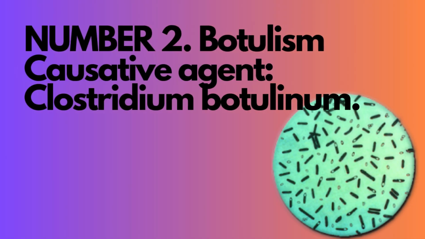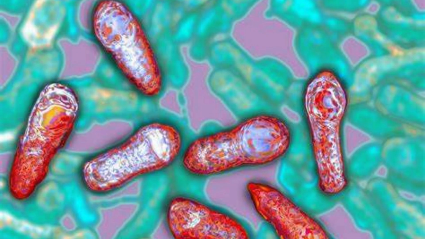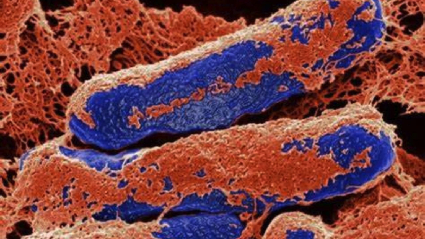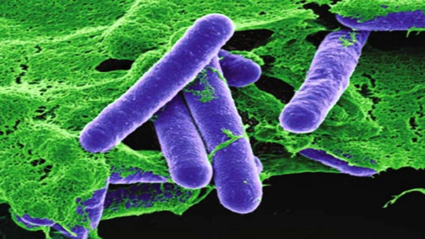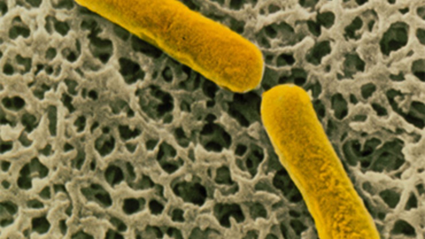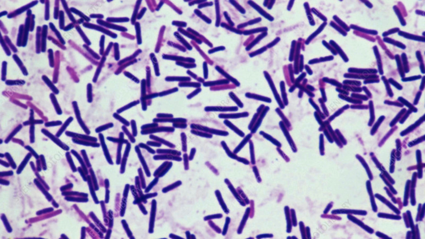Number 2. Botulism. Causative agent, Clostridium botulinum. Botulism is a rare yet extremely fatal bacterial disease caused by the bacterium Clostridium botulinum. Basically, this bacterium produces the substance botulinum, a type of lethal neurotoxin that paralyzes different muscles. Botulism occurs in many types: foodborne, wound, infant, and respiratory. Foodborne botulism is the most common and also the most deadly. Interestingly, the causative agent of this infection is also the same bacterium that is used to produce the anti-aging product